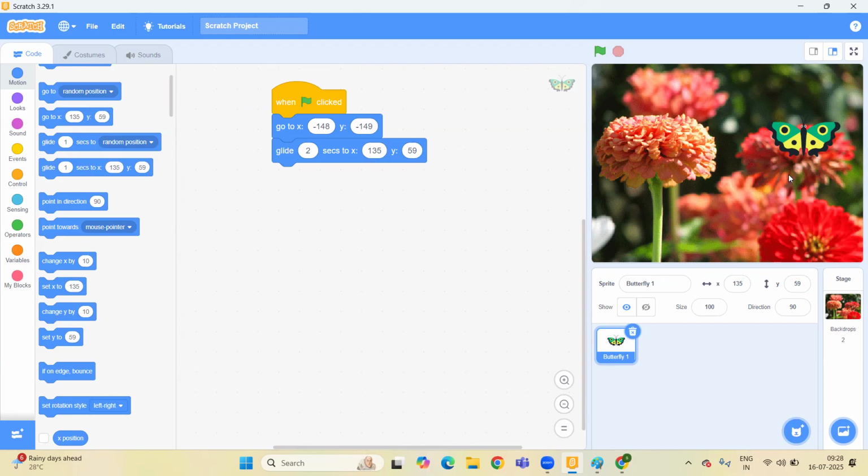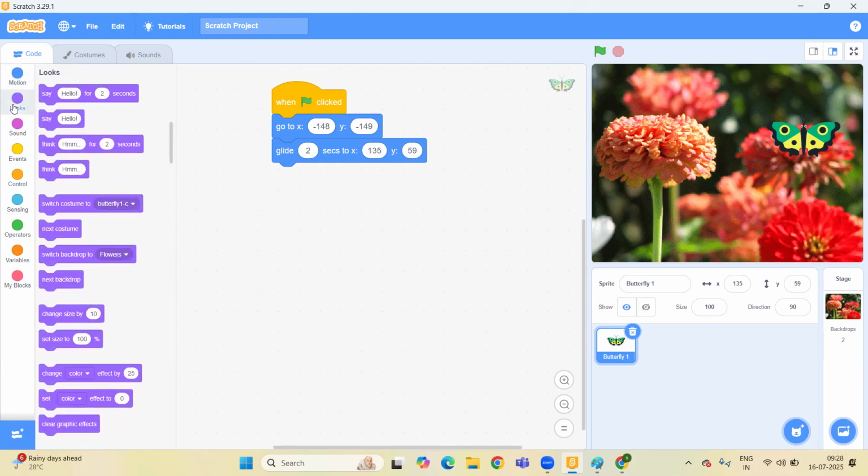Now, if you want to change the color, or if you want it to be whirl, we have another thing, that is Looks. Under the Looks category, we have options like change color effect and other things, like I'm going to show you.